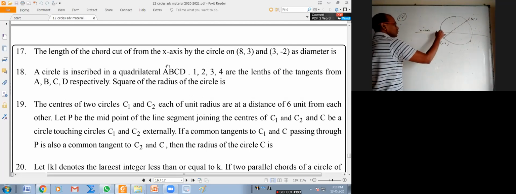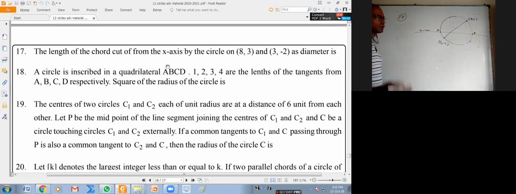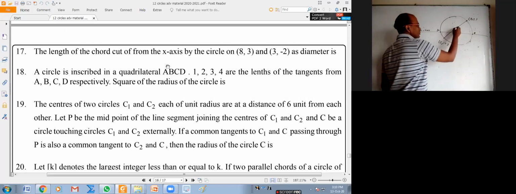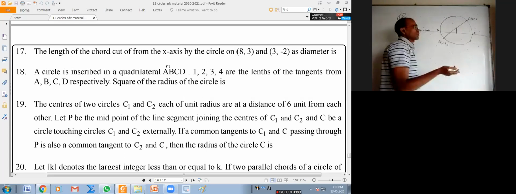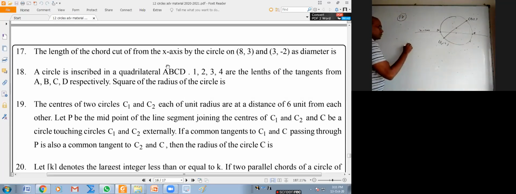Okay, this is A and this is B. They want to know what is the AB length. I can use the 2 root r square minus d square formula, or 2 root g square minus c, I have a formula for that, right? Okay. So AB is equal to, so what is the circle now?